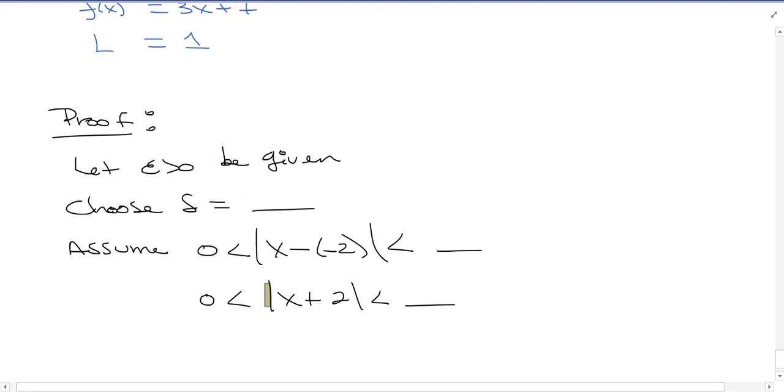So there's my x minus a. My goal is, I hope to see this in my scratch work. If it doesn't show up, you've done something wrong in your scratch work. So assume that that's true, then